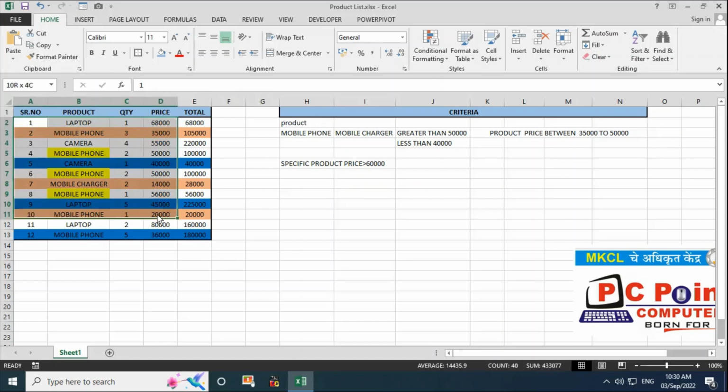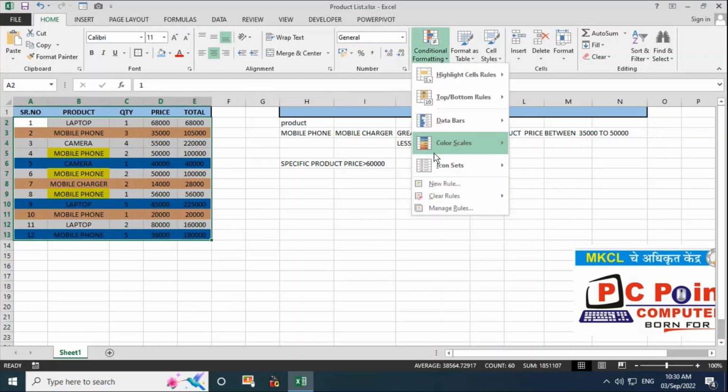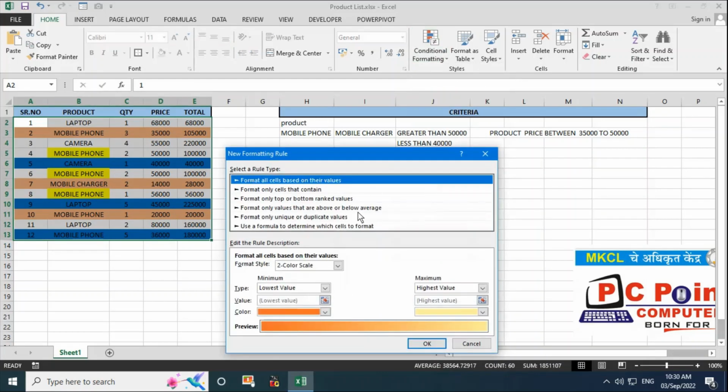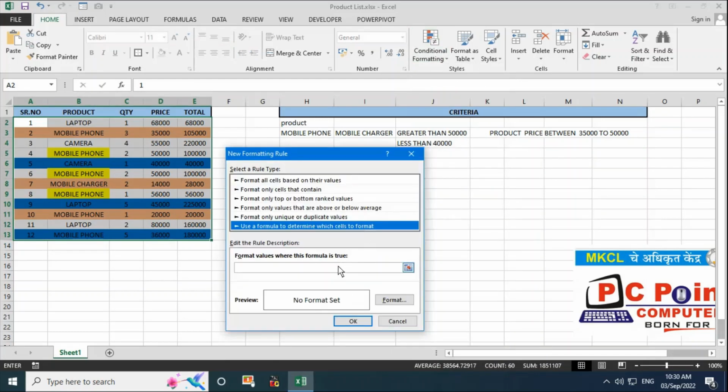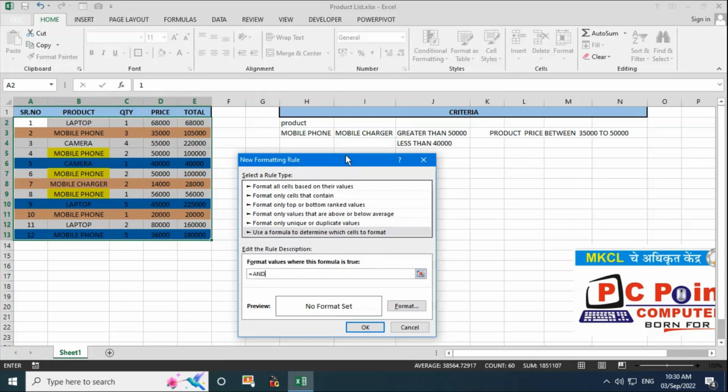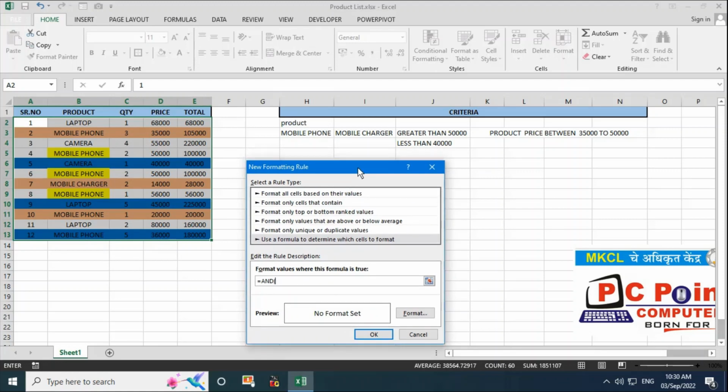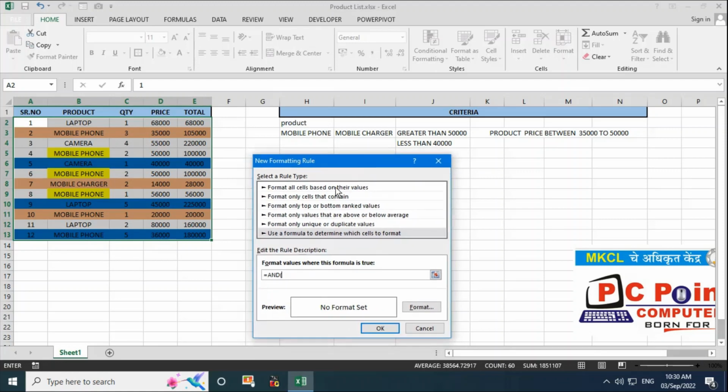So I'll select my entire data over here. I'll go to conditional formatting, go to the new rule, go to the last option, and here I'm going to write equals to, and I'm going to insert the AND function here, because AND is used to evaluate multiple conditions. So our condition is the product, that is laptop, should be greater than 60,000. So I'll remove the $ sign